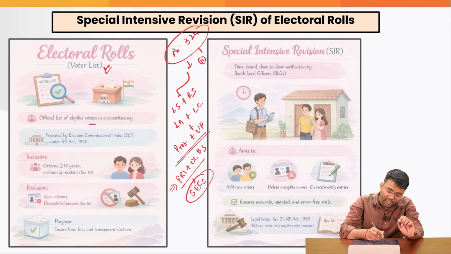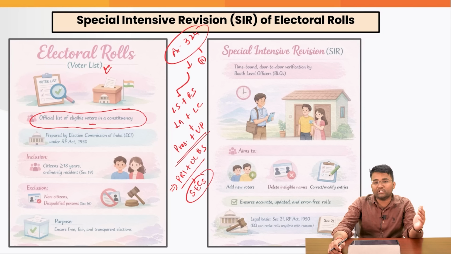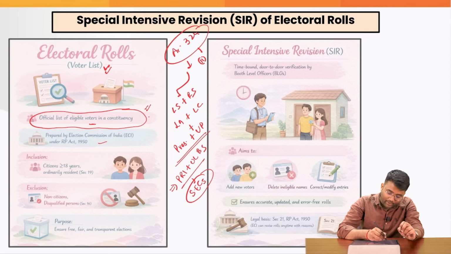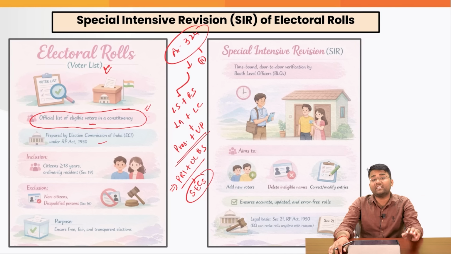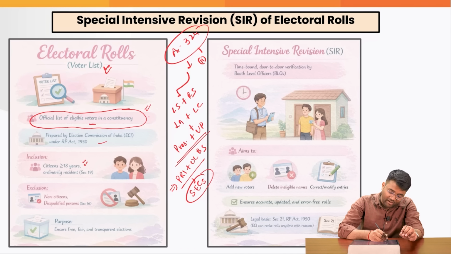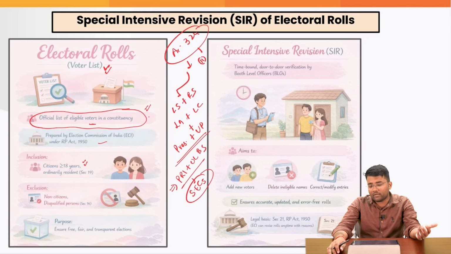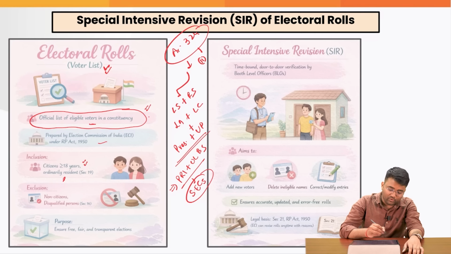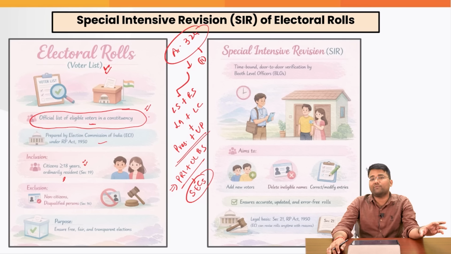Similarly, only the people whose names are in the official list of those eligible in that constituency will be able to cast their votes. These electoral rolls are prepared by the Election Commission of India under the Representation of People's Act of 1950. Any citizen aged 18 years or more is eligible to vote in that particular constituency. They should also be ordinarily resident of that constituency, as provided under section 19